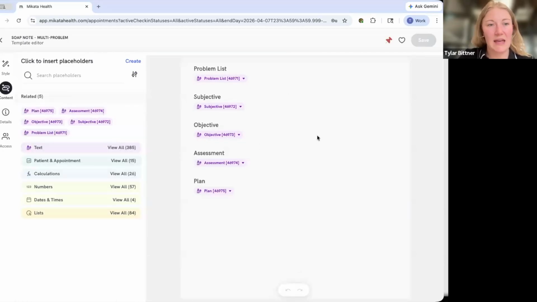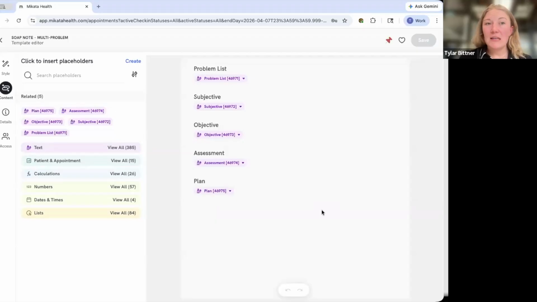If I navigate back into that editor, another really exciting update that we have included in this new version of Mika AI is an update to our placeholders library. So just in terms of making sure we're all on the same page, placeholders are the data anchor points that the AI is searching for in your transcript and then going into your note output. You also may hear our team utilize the word jelly bean occasionally. We use them pretty interchangeably. So just to make sure I've defined that and everyone understands what I'm talking about.